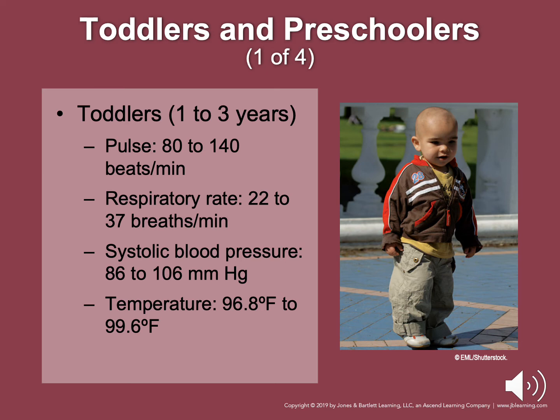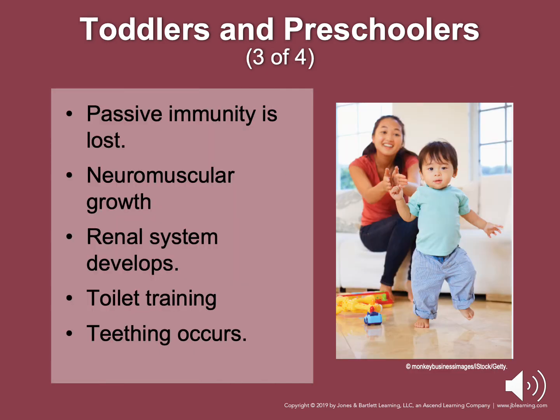The lungs continue to develop to have more bronchioles and alveoli. Passive immunity gained from their mothers is lost. Neuromuscular explorers spend a great deal of time finding out exactly how to use the nervous system and muscles. By the end of this stage, preschoolers will have a brain that weighs about 90% of its final adult weight.